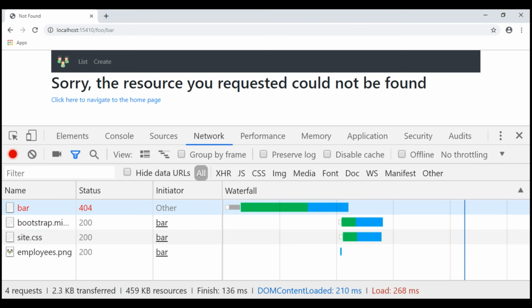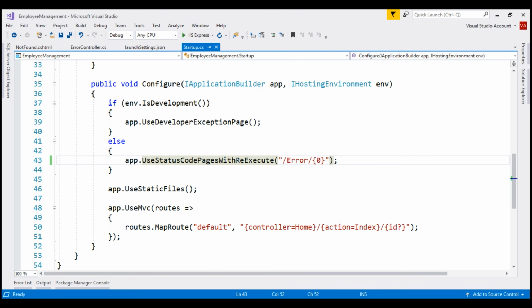Let's understand what's happening behind the scenes. So as usual, the request for /foo/bar will be processed by this HTTP request processing pipeline. The request first arrives at this piece of middleware. It will then pass that to static files. Static files will pass it to MVC. MVC will obviously not be able to find a route that matches /foo/bar, so it returns status code 404. So that response is passed from MVC to static files, from static files to this piece of middleware. This piece of middleware will intercept that non-success status code 404 and then re-executes this pipeline with this new URI